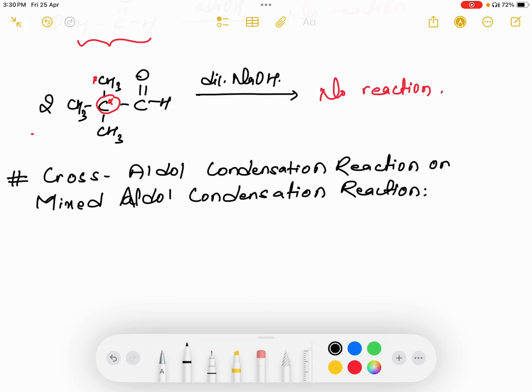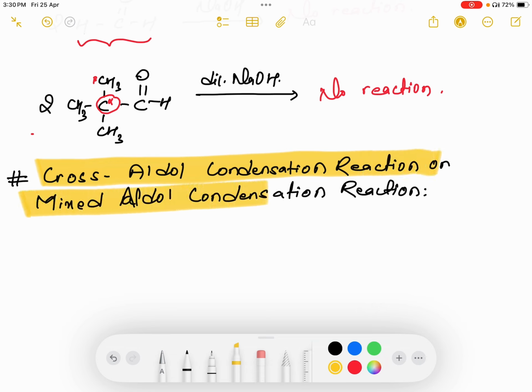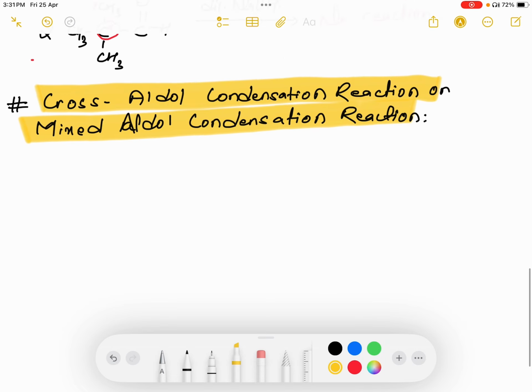So basically here what will exactly happen is, again the necessary condition is the same: there needs to be alpha hydrogen. So we are under the heading cross aldol or mixed aldol condensation reaction. So basically, if we have two different carbonyl compounds, meaning two different aldehydes, or two different ketones, or one aldehyde and one ketone, then what products can form? So let me show you, just like explaining an example, if